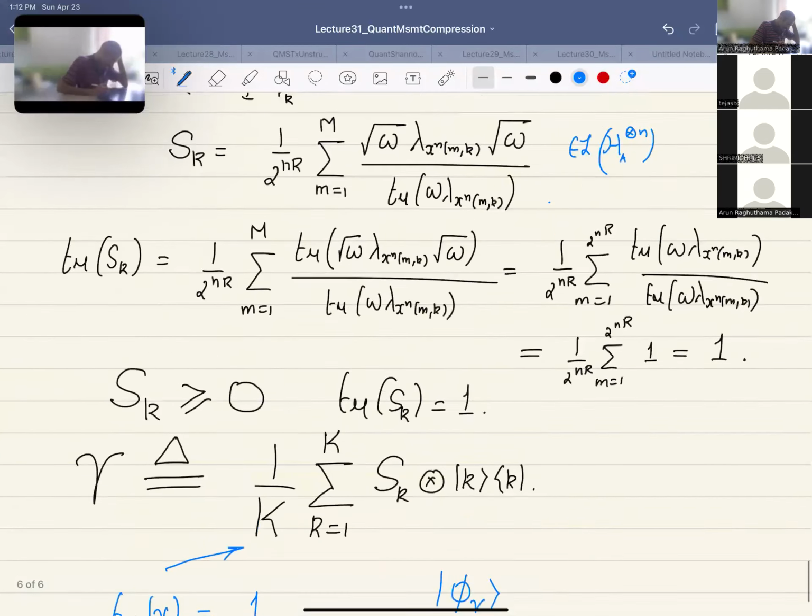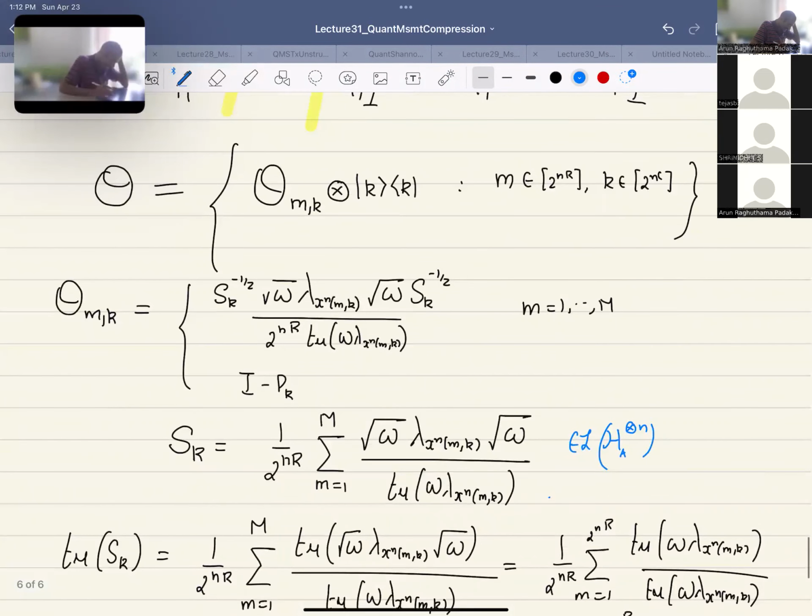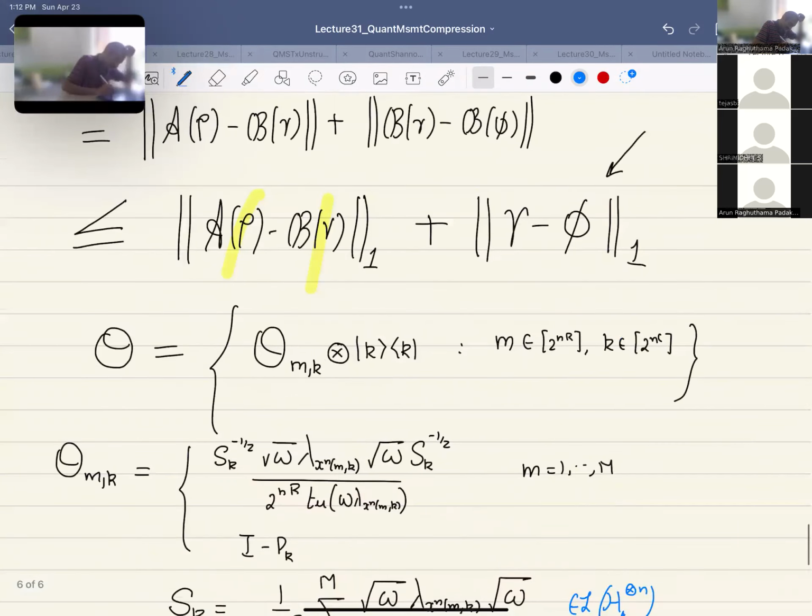So if I look at my theta operator, right? Theta has an sk minus half on the left and sk half on the right. Okay. Somehow I want to get rid of that. I know that when I do a measurement,